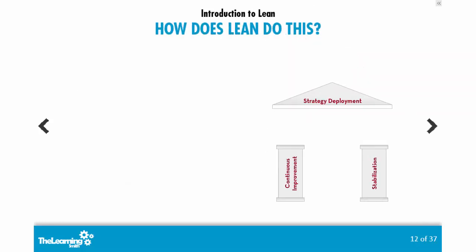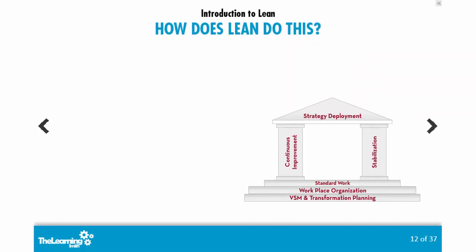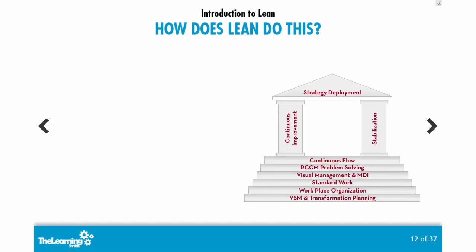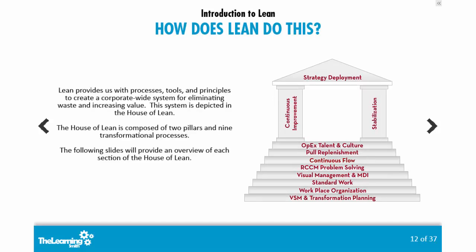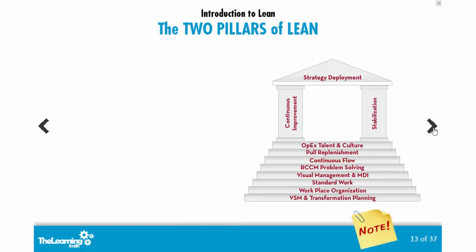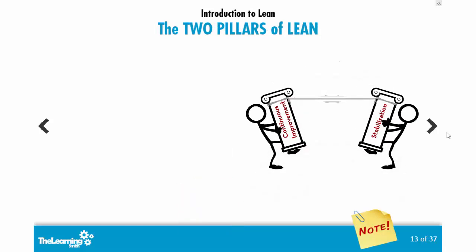Lean provides us with processes, tools, and principles to create a corporate-wide system for eliminating waste and increasing value. This system is depicted in the House of Lean. The House of Lean is composed of 2 pillars and 9 transformational processes. The following slides will provide an overview of each section of the House of Lean. The 2 pillars of the house act as guides for implementing Lean